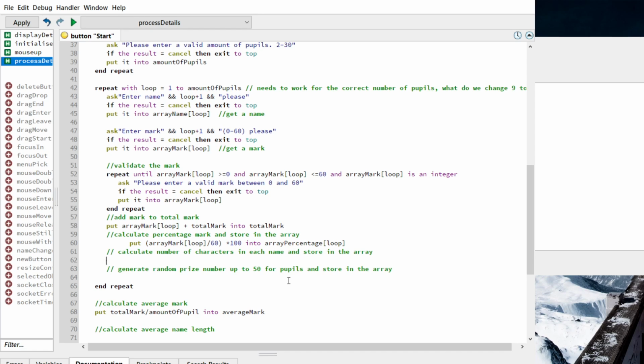So again, it's another straightforward one. So put, and you write out the name of the predefined function you want to use, and then in brackets you put in the name of the array you want to check. Okay, so it could be a variable, doesn't need to be an array every time. So put the length of array name, and again it is an array, so you need to use a loop to access each of the individual indexes. Okay, and we're going to put the length of array name loop, and we're going to put it into our